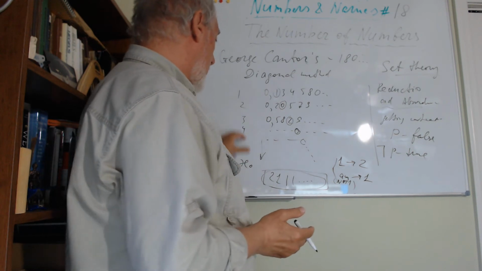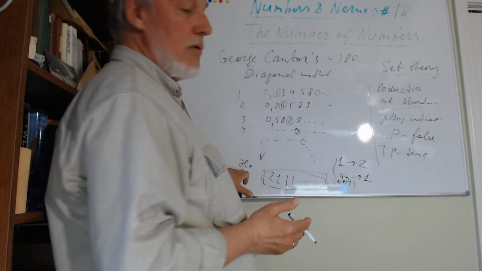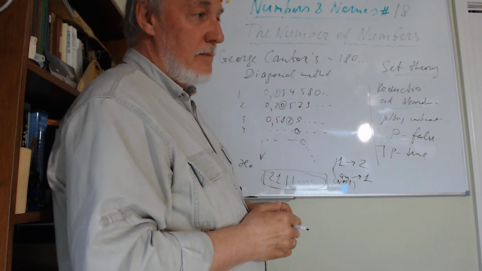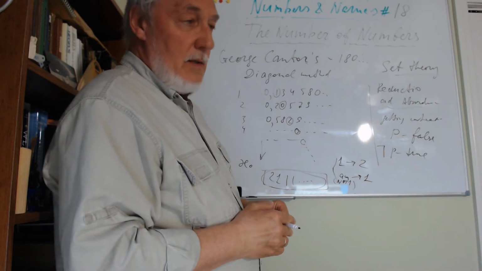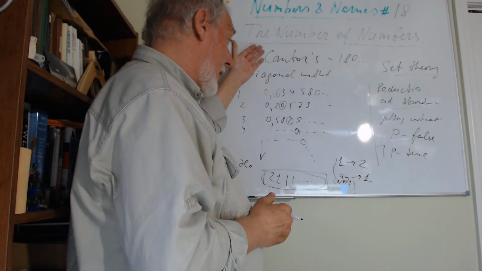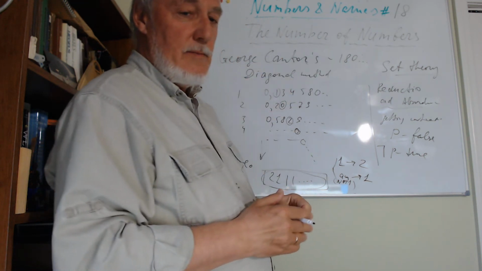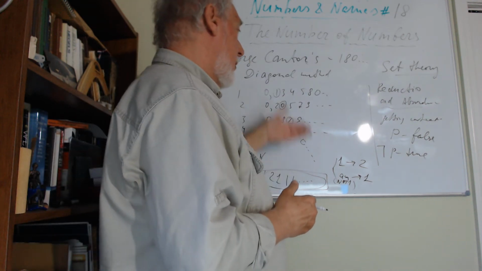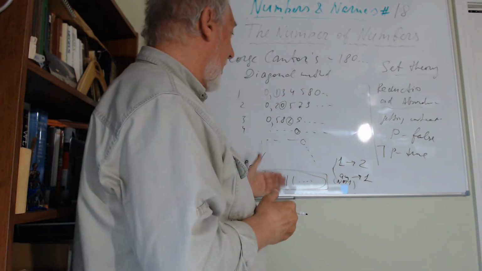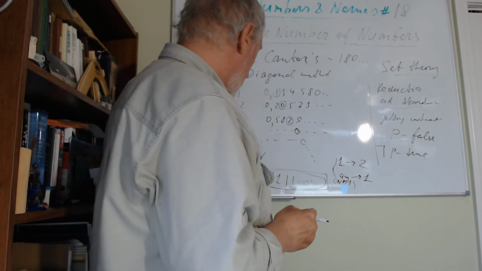So what do we have? We counted all of them, right? But now we found something that does not belong to this aleph null. We found some other number. And this means a contradiction, because our first proposition was that we had all of these numbers, and now we find another one which does not belong here. It means that the proposition that we can count these irrational numbers is wrong.